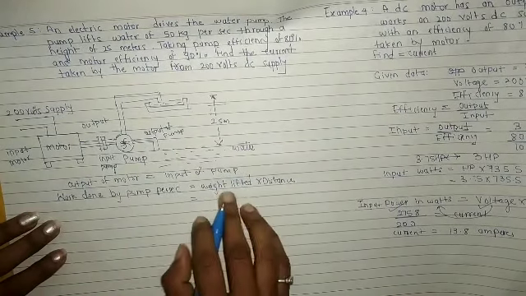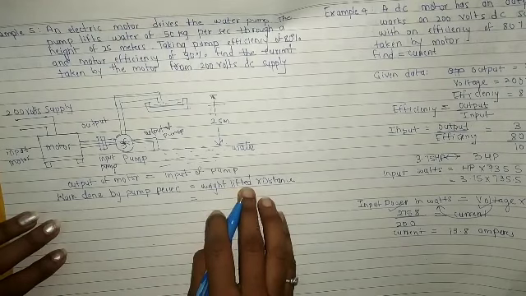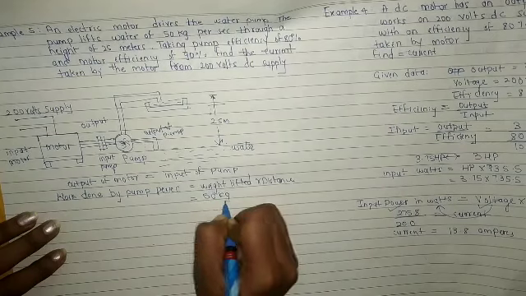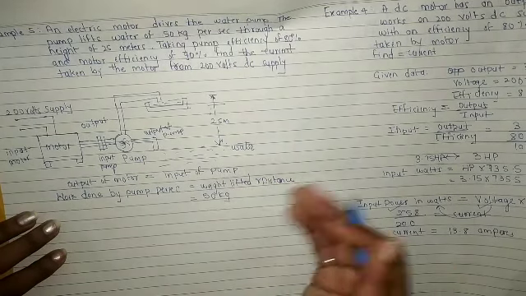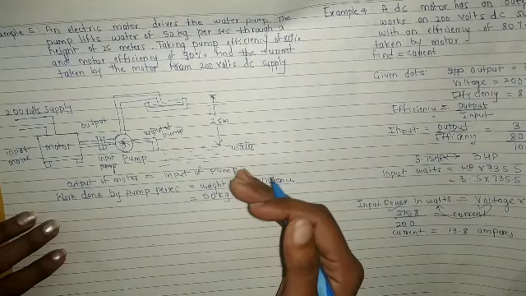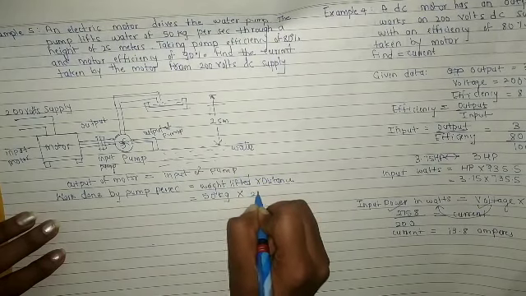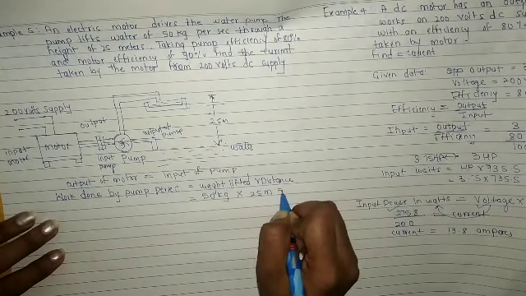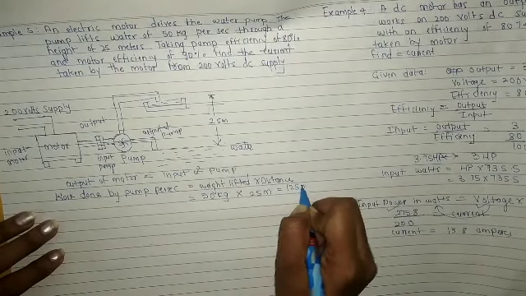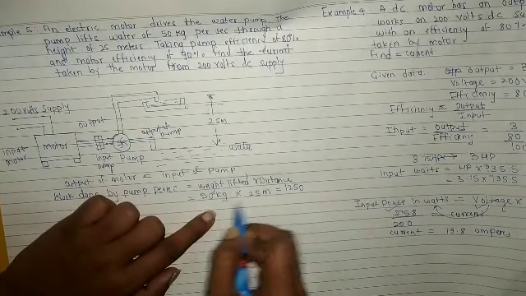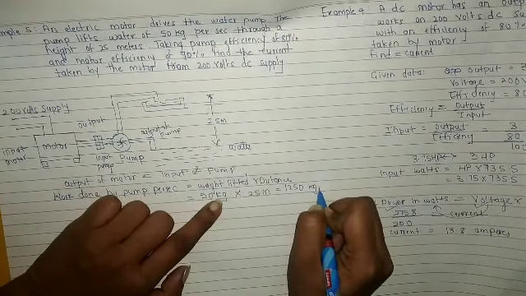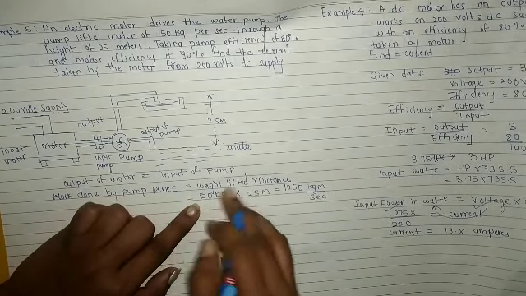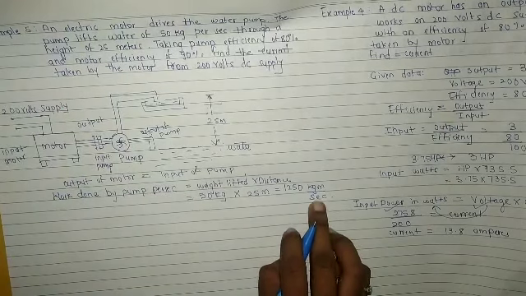So we'll write here weight lifted. How much weight is lifted? 50 kg is lifted per second. So 50 kg of water is lifted per second into a distance of 25 meters. We'll calculate this, and it will be 1250. From this we can write the unit, which is kg meter per second. Why? Because the weight lifted is 50 kg per second. Okay, you understood how this unit came?